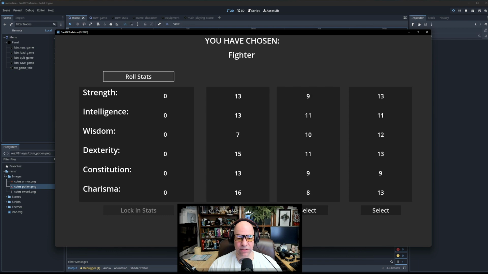So let's say I try to get something that's a 16, 17. We'll go with this middle column here. Notice I can keep rolling stats, and as soon as I hit select, it copies whatever column I chose into this column. This would be your final stats. Now, it's not your final stats until you lock them in. So if I lock in my stats,